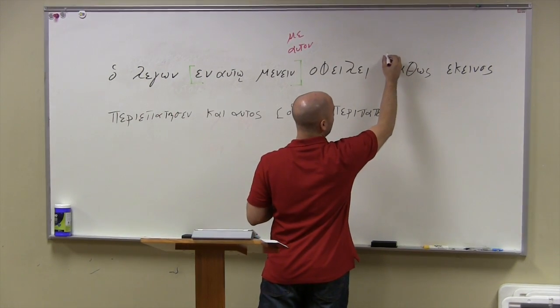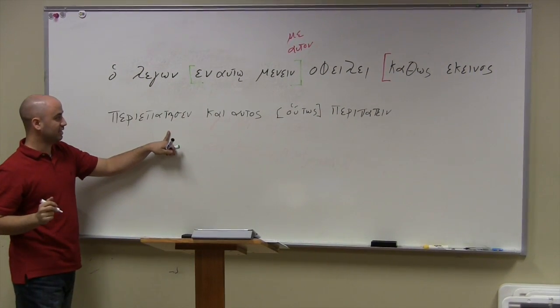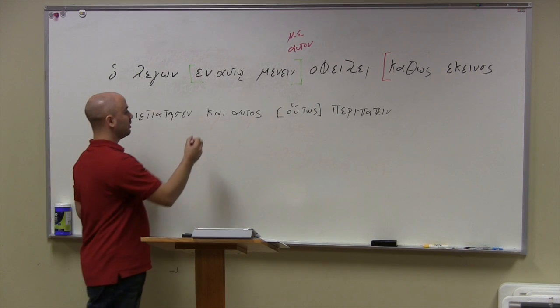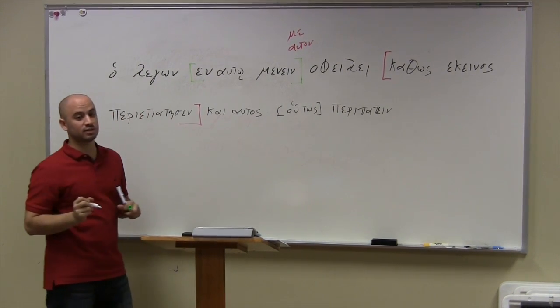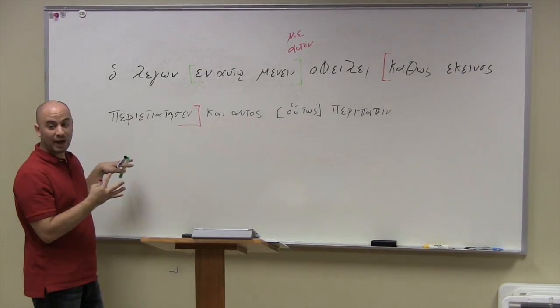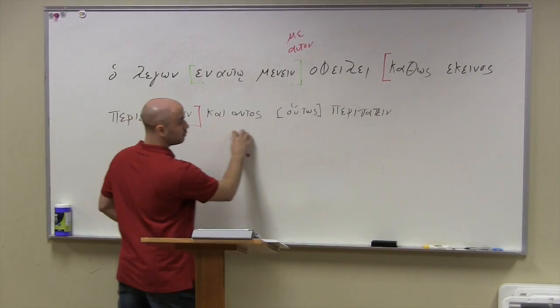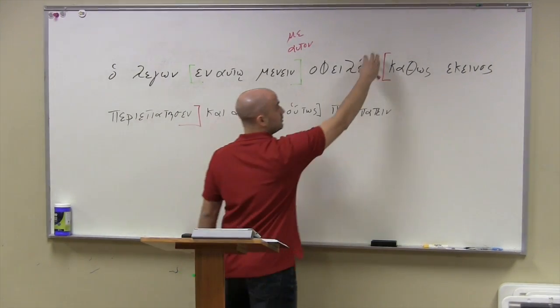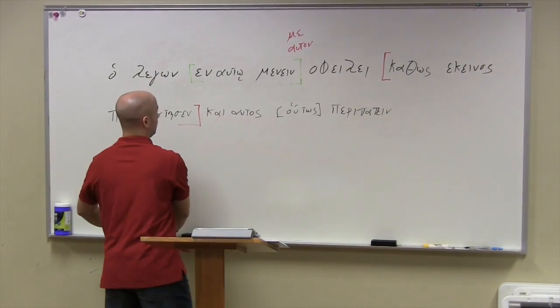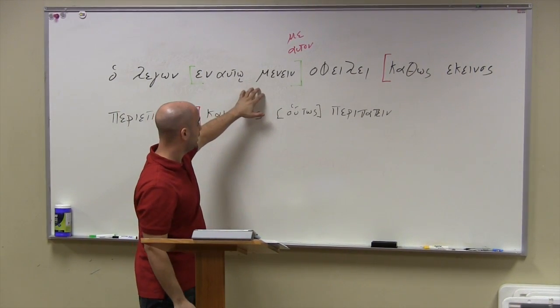Kathos akanos peripatesin. Let's treat that like it's not even here. Notice how I've bracketed it off. If you bracket it off in your mind, then we can bring this portion of the clause up to here. The one who says, I remain in him,